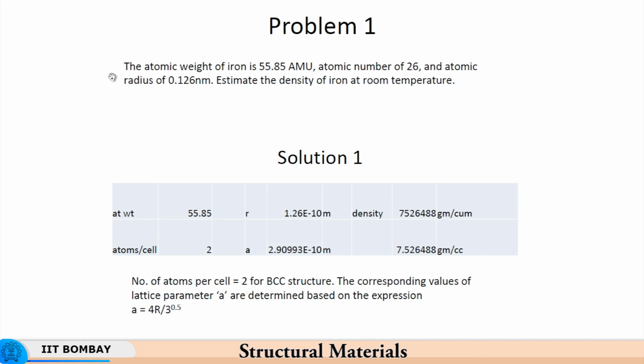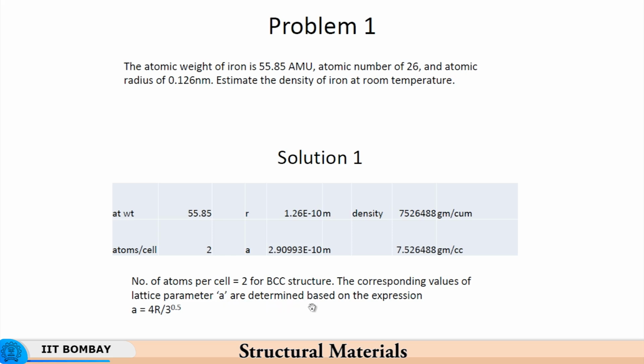So we see that the atomic weight of iron is 55.85 atomic mass units. Atomic number is 26, that is, it has 26 protons, and its atomic radius is 0.126 nanometers. Estimate the density of iron at room temperature. Now, the density of iron at room temperature depends upon the volume of the unit cell. So iron at room temperature has got a body centered cubic structure, and therefore the number of atoms per cell is 2. There are 2 atoms per unit cell for a BCC structure,